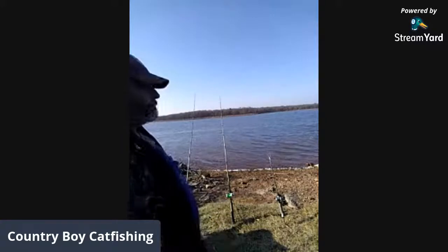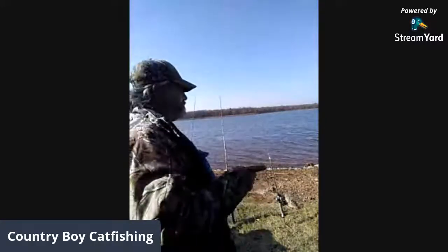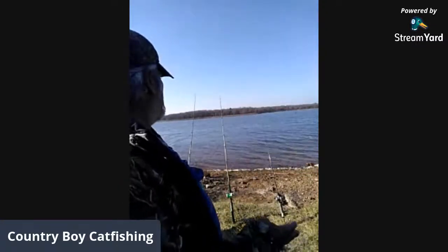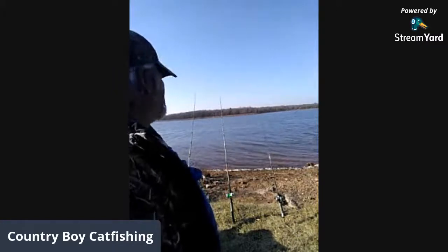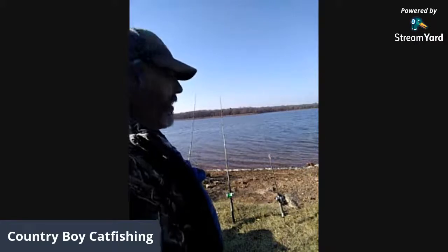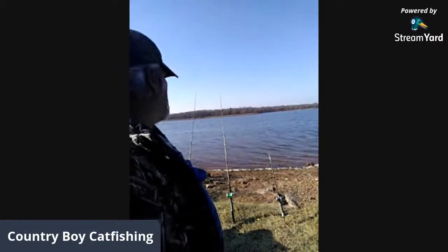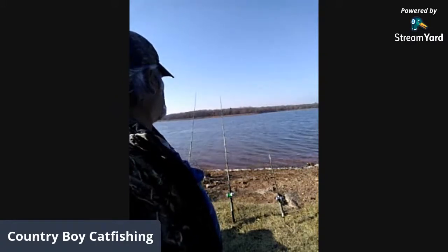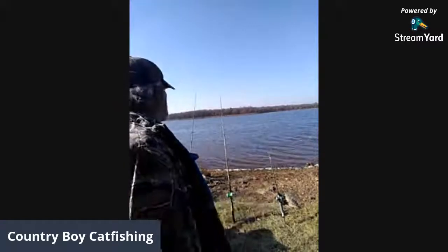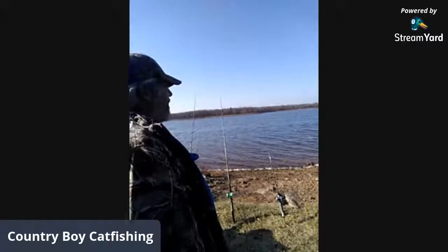And this lake here, I fished with shad, bluegill, crawdads, goldfish, punch bait, cut shad, live shad, and for some reason, this body of water, just regular old night crawlers, red worms. Red worms do really good here, and I don't normally fish with them, but my wife